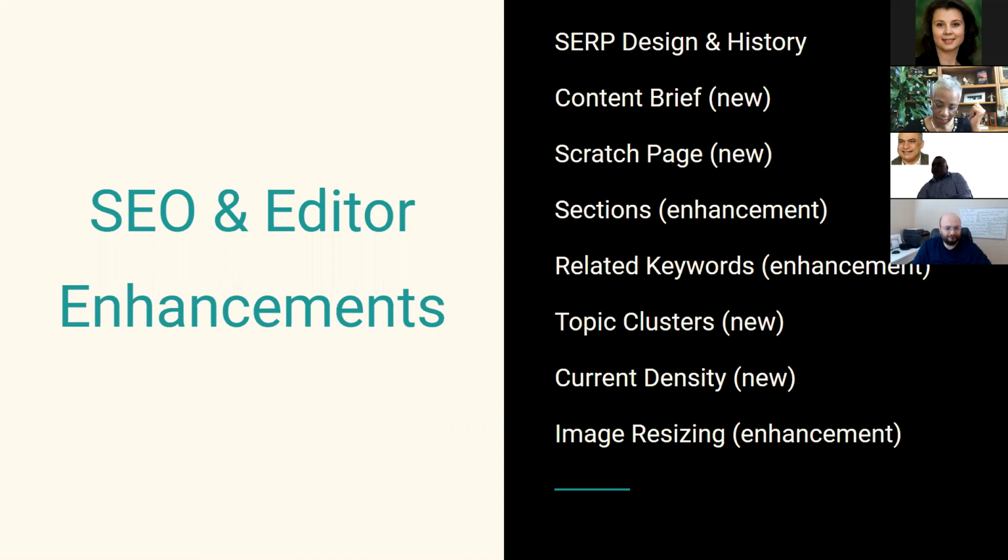We made some enhancements to related keywords as well, and we made it easier for users to identify which keywords are super important that are coming directly from that SERP query, and which ones are around it and not mentioned by your competitors. So whether to include more keywords or not, or how to gauge whether you are including the right amount of related keywords, this will make it super easy